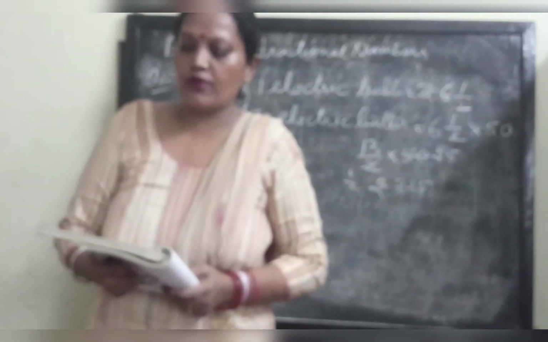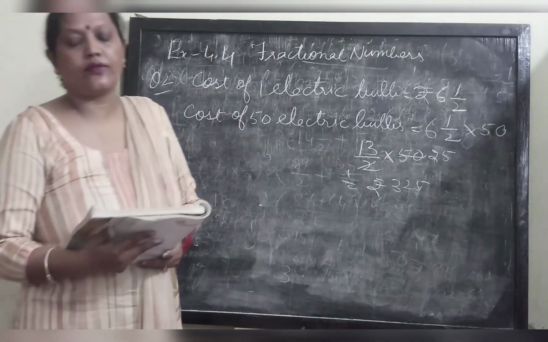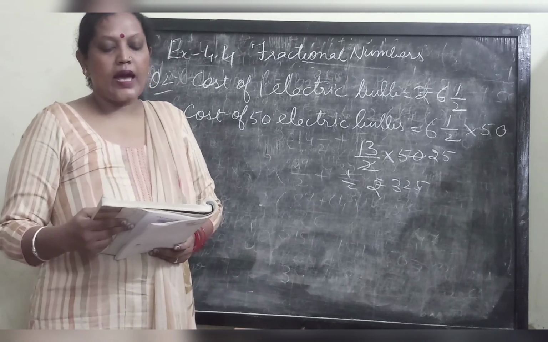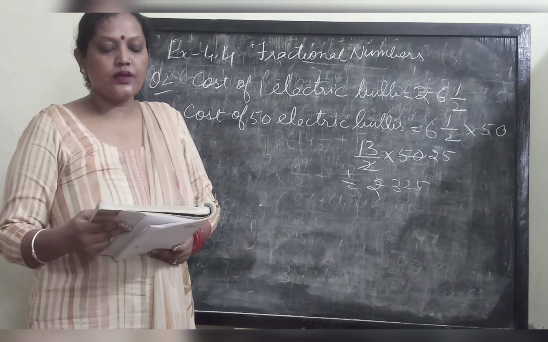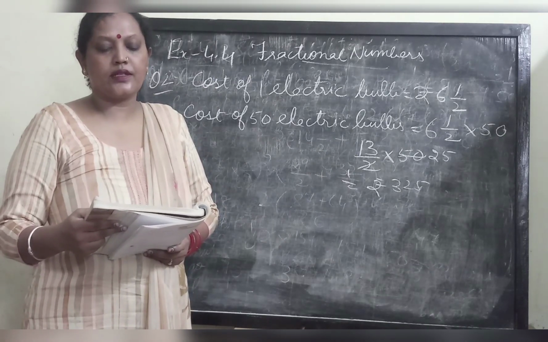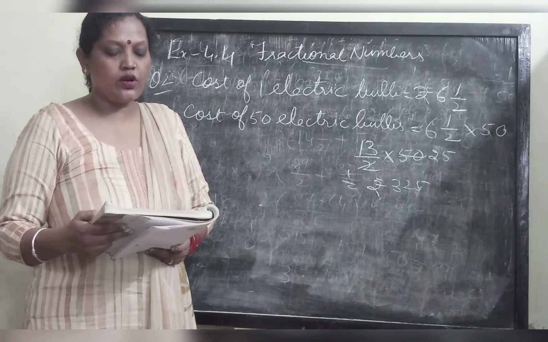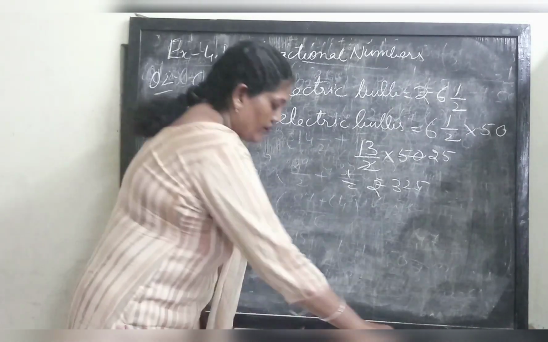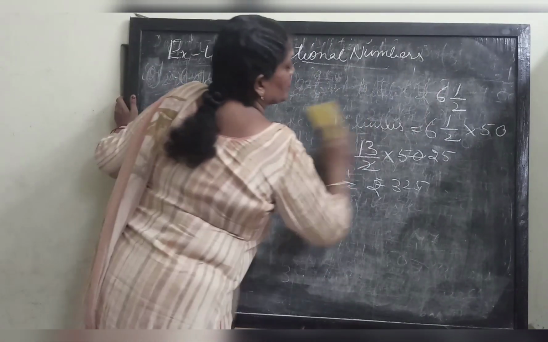Cost of 1 meter of cloth is given. You have to find the cost of 9.5 meters of cloth. Again you have to multiply both. Fourth question also. Aeroplane covers 1200 km in 1 hour. How much distance will it cover in 4 5/6 hours? You have to multiply both. Fifth question. Sixth question also you have to multiply. Come to seventh question. Find the area of rectangular field.